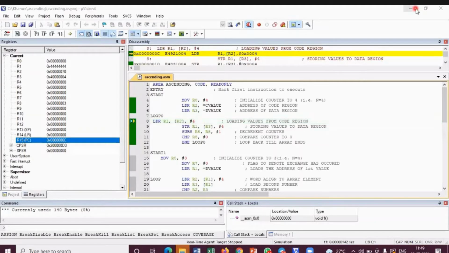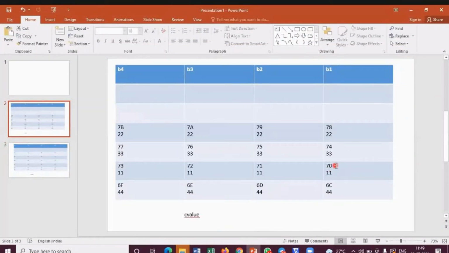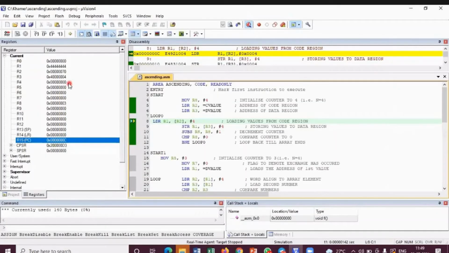That is why. Fine. So now again, I will show you how the next value is loading and storing. After that, I will not show, because it is a long process. So for the next value, this is my instruction now. Where is R2 now? See, load operation. R2 is pointing to what location? 70. We'll see in the PPT. This is my C value. So R2 is pointing to 70, and this data 1111 has to be copied to the next location. Whatever R2 is pointing to, please load to R1.